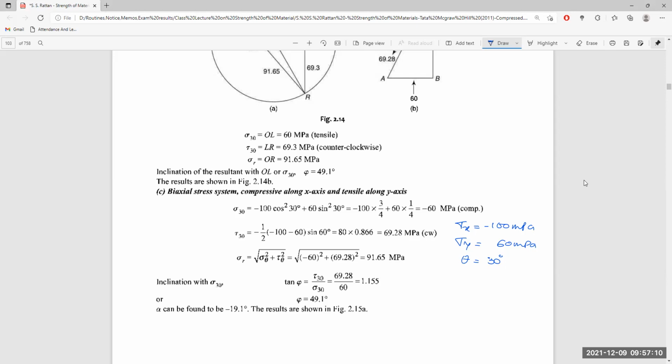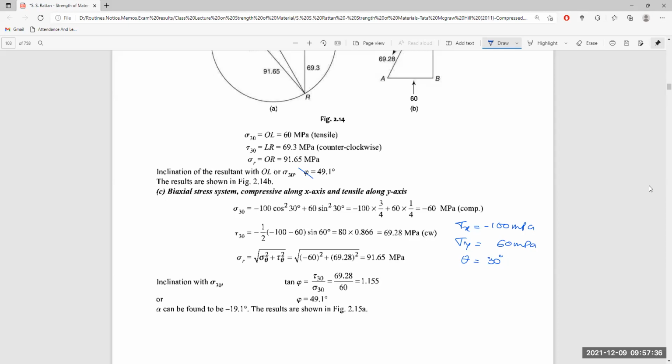So we put these values one after another, sigma x as 100, sigma y as 60, and theta as 30 degrees, in the equation,